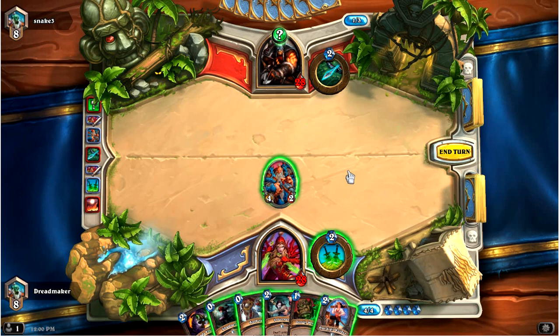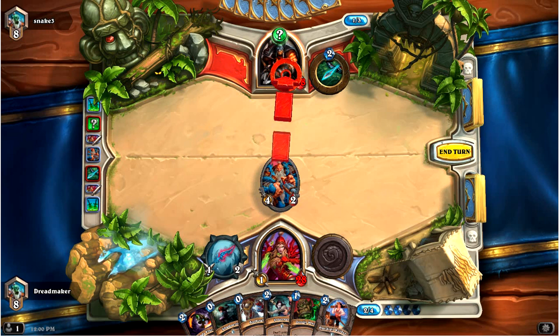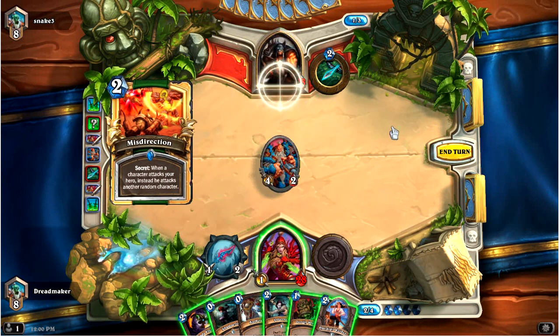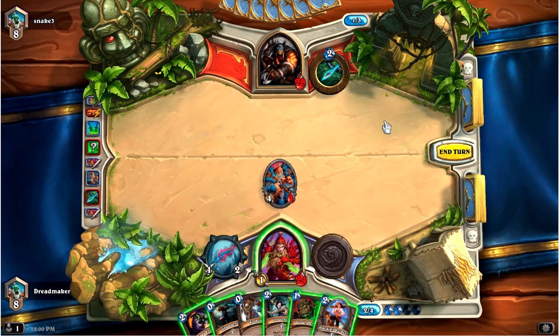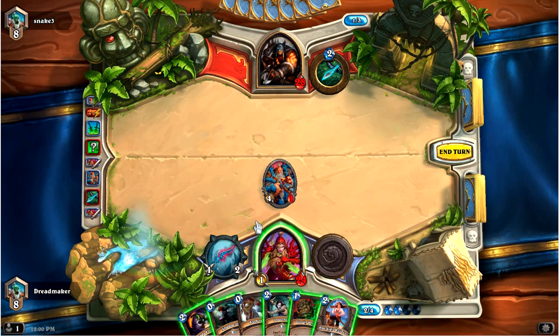Okay, so we are going to put out daggers, and once this immediately dies... oh, it's Misdirection, okay. That's actually not so bad for us. Oh, he actually took damage from that. That's a weird thing. Huh, I didn't even realize that could happen. Okay,